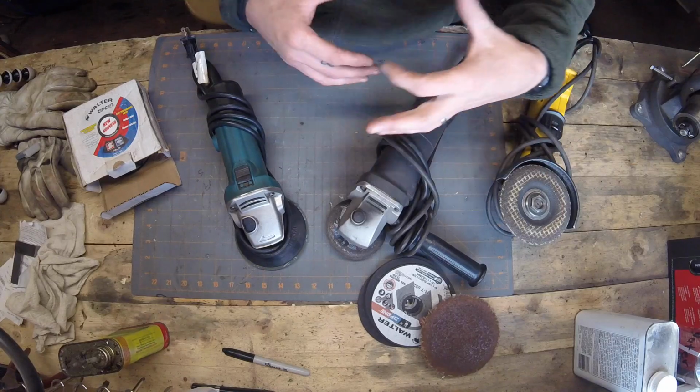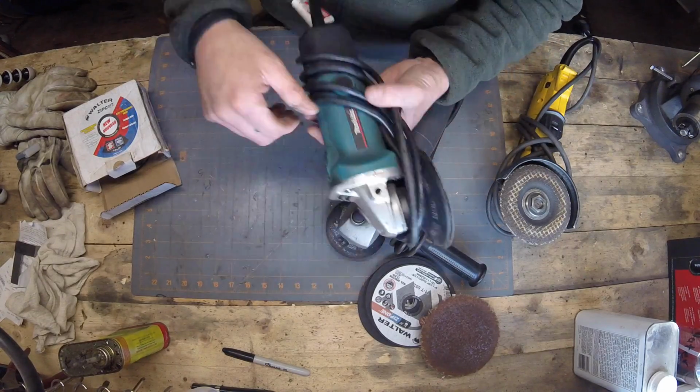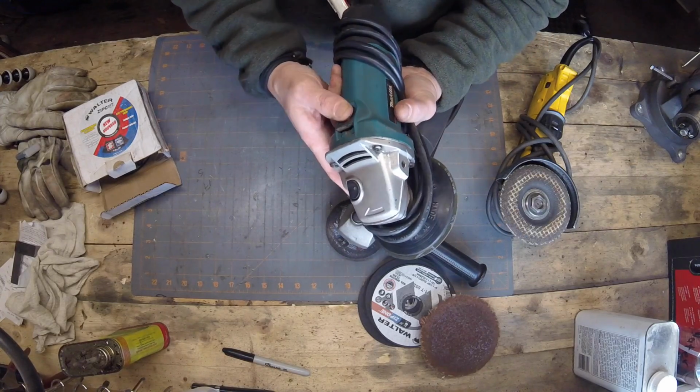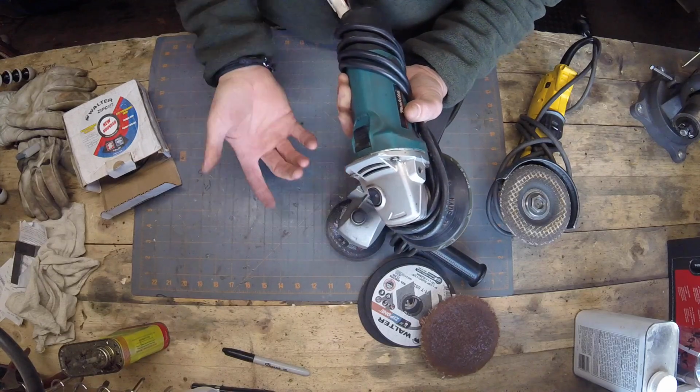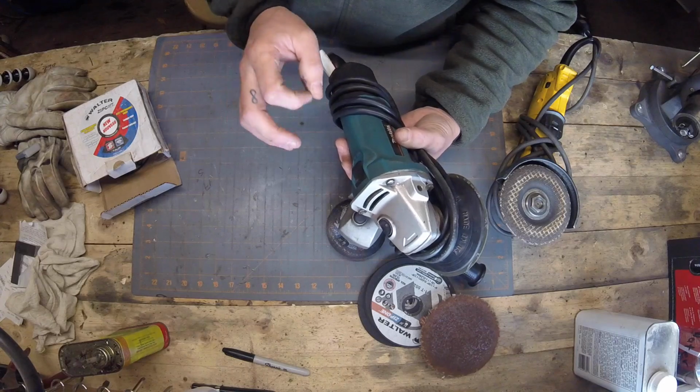One other thing I want to talk about that differs between grinders is the type of switches they have. This Makita here has a switch like this, so you can either jog it momentarily or lock it down. I really like this feature if you're doing a lot of grinding, but you always need to be careful that you never